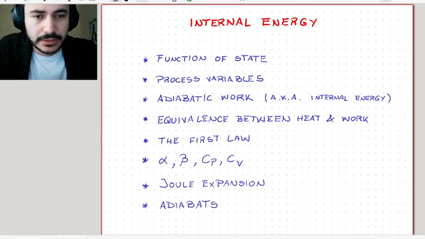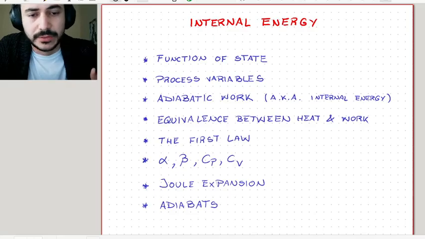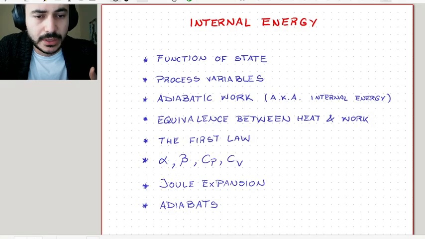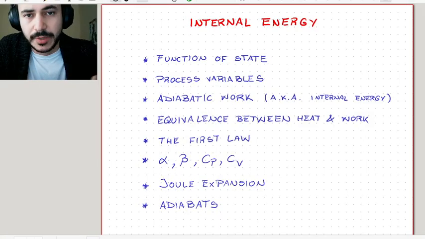And okay, so the way we are going to do it is in the beginning we are going to define what is a function of state as opposed to variables of state. And that would allow us to define what process variables are as opposed to state variables. So then we are going to make an observation that comes from empirical experiments, which is the fact that the work